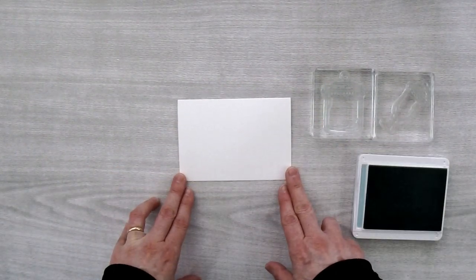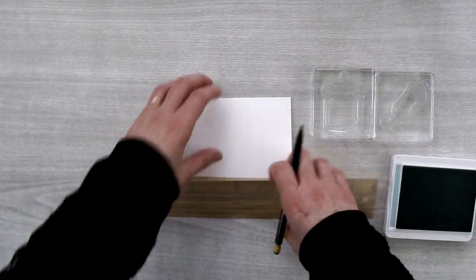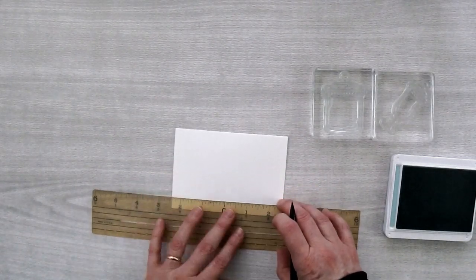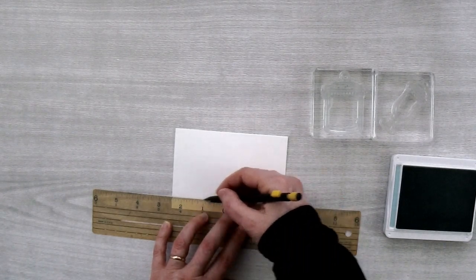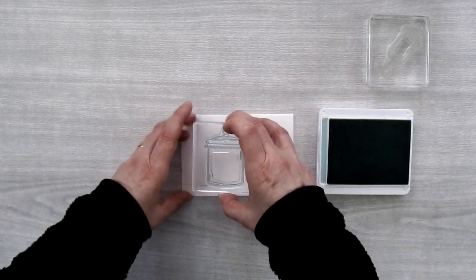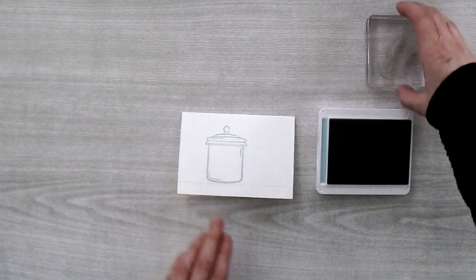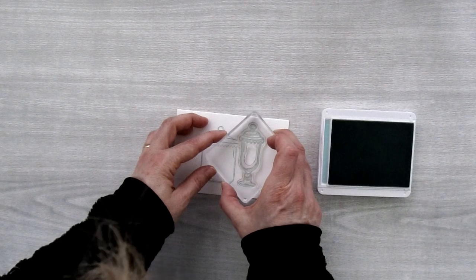In order to stamp these at the right spot, I'm going to take a ruler and a pencil, and I'm going to make myself a little mark about 1/2 inch up from the bottom. And then I'm going to create a pencil line across the bottom here so that I know where to stamp these jars. We'll start off with the biggest canister, and I'm going to stamp this just a little over the center mark, like that. And then I'm going to take the jar and stamp it right beside it,